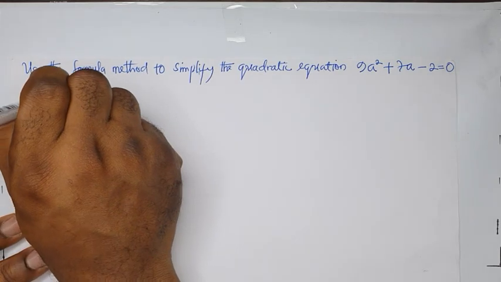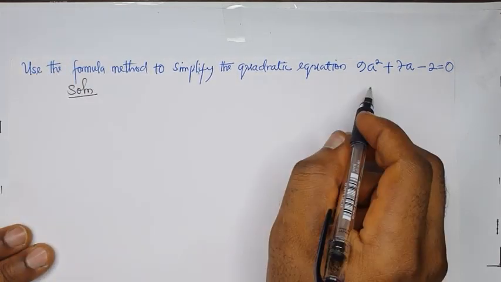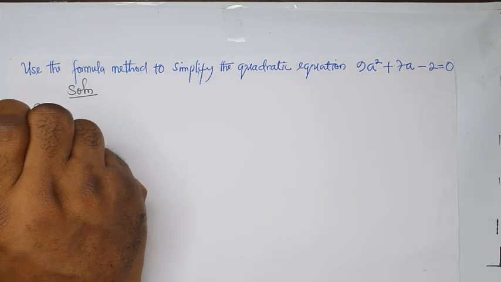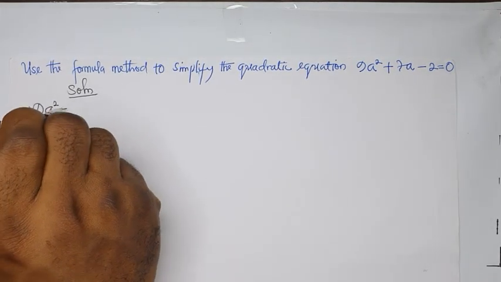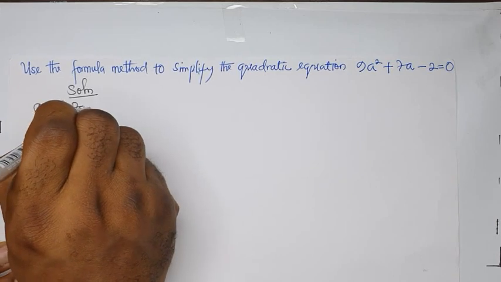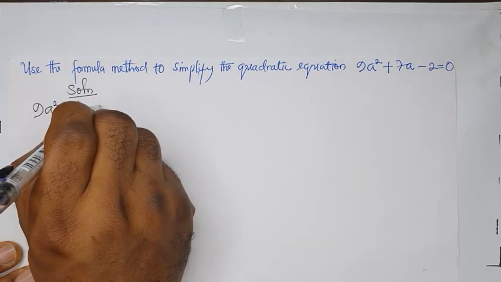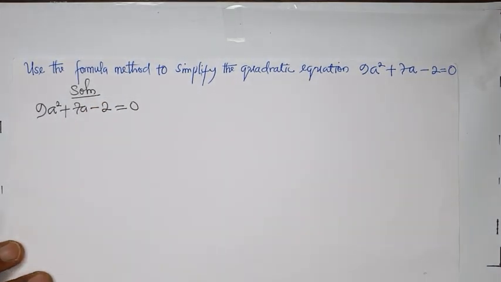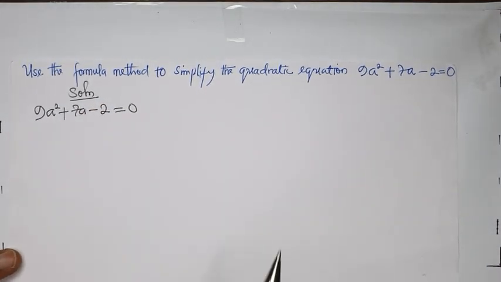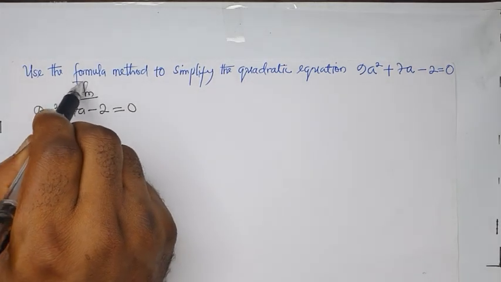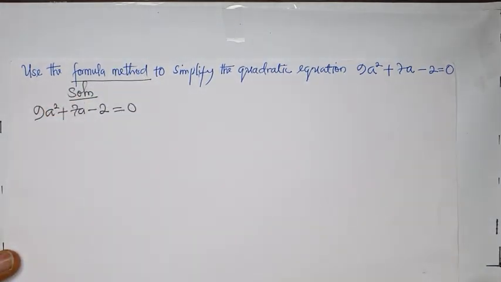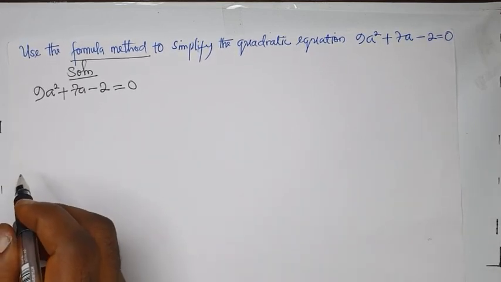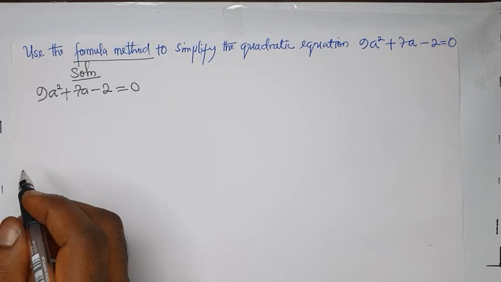Solution for this problem. First of all, I'm going to rewrite the problem right down here. I'm going to copy it. 9a squared plus 7a minus 2 is equal to 0. This is what we have. This is the question. Now, by formula method, what it means is what some persons refer to as the almighty formula. Okay? The formula method, using the general formula of quadratic equation,